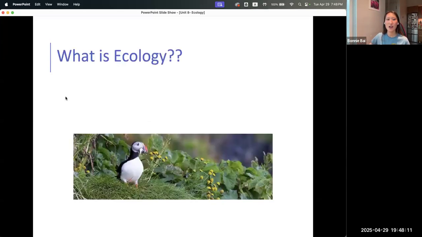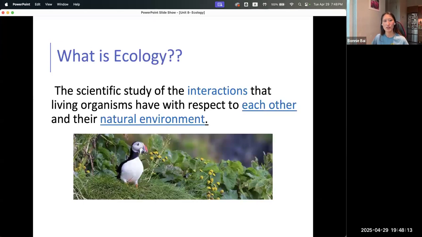It's the study of interactions that living organisms have with each other and the environment. So think about a population of tigers: they're all in the same area, interacting with each other, with other living species, and with the environment itself, including the temperature, the land they live on, the air they breathe, and the water they drink. All those things, living and not living within the same environment. The study of all of that is ecology.